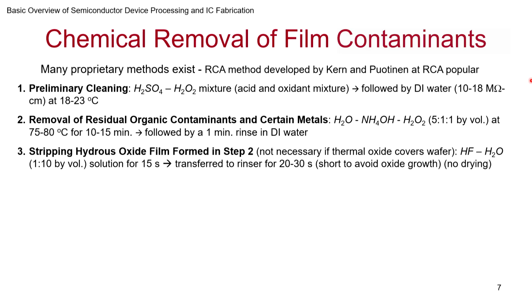After that, once you have done a base, of course, next you should go to an acid, right? Here there are a couple of steps you take. One of the steps you initially take is to use HF, hydrofluoric acid, and water, 1:10. It's a dilute HF dip, and this is for 15 seconds, a quick dip. Usually this is used whenever there is a native oxide that may have formed, and you want to get rid of that native oxide. Then transfer it to a rinse for 20 to 30 seconds, and then quickly, without drying, you take it to the next step.